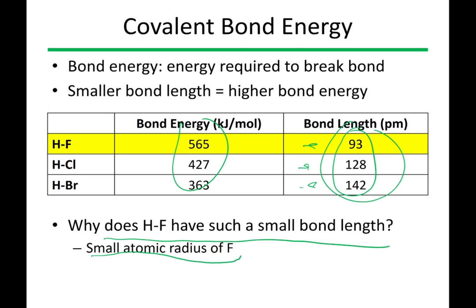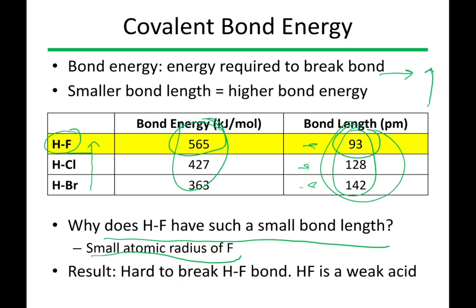So remember that trend for atomic radius, it's decreasing as we go up and across the periodic table. And so as we go up this group, these are going to get smaller and smaller. And here we have two very small atoms, and so this has a pretty short bond length. We can see that this also goes with a high bond energy. And incidentally, this high bond energy means that it's a harder to break bond. And so while HCl and HBr are both strong acids, HF is actually a weak acid because of the strength